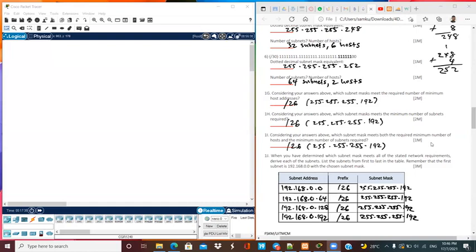Next, 192.168.0.128. This is the third subnet. The two borrowed bits from the host portion to become part of its network portion is 10. The prefix is /26 and the subnet mask is 255.255.255.192. Therefore, the range of addresses is